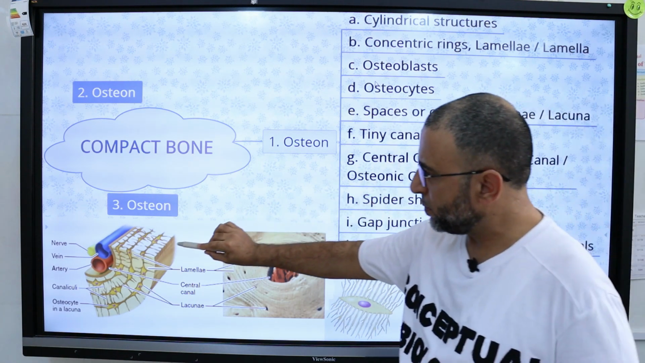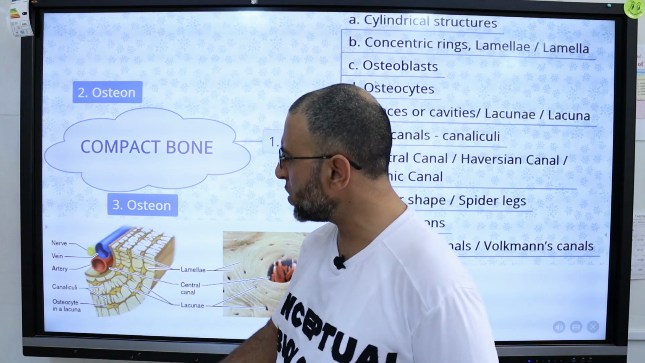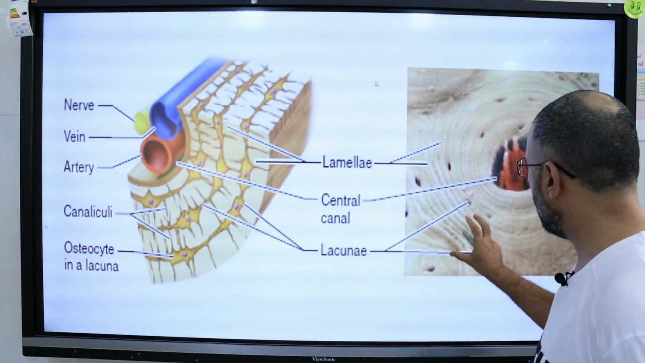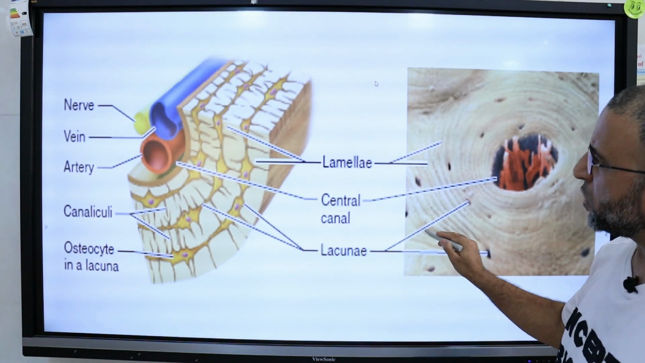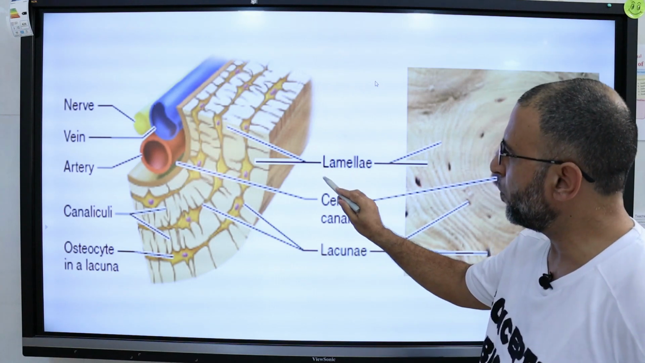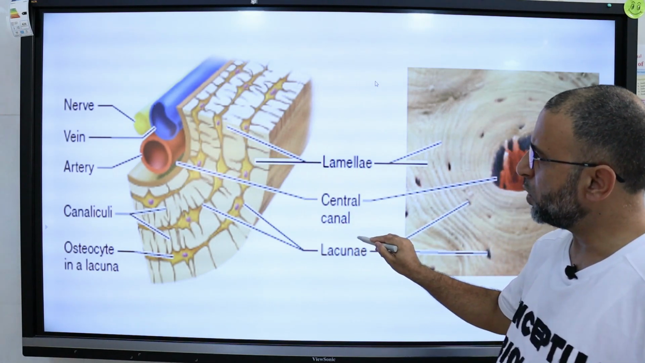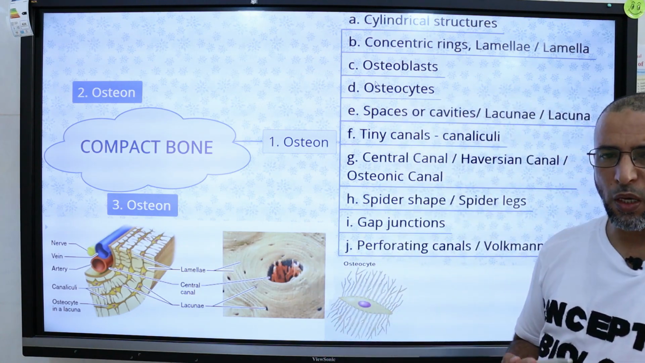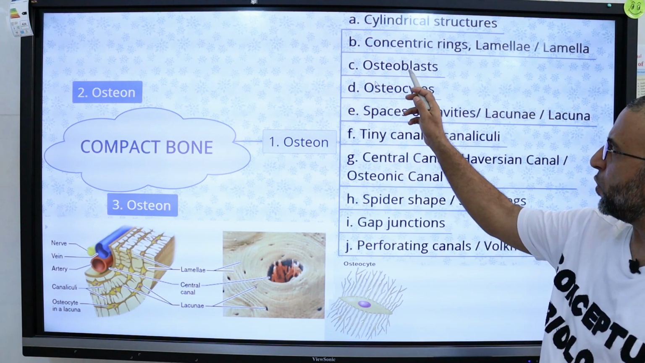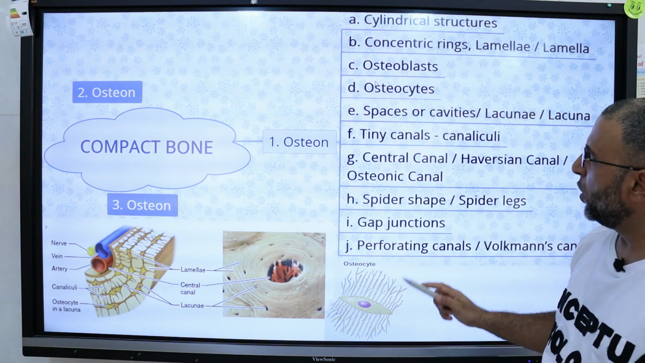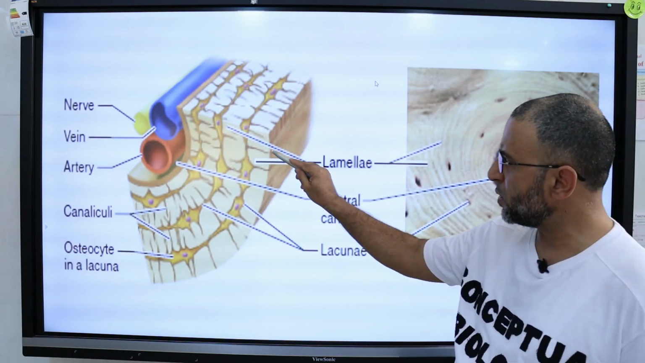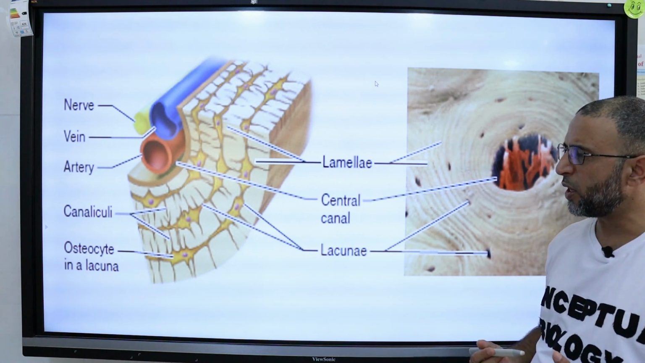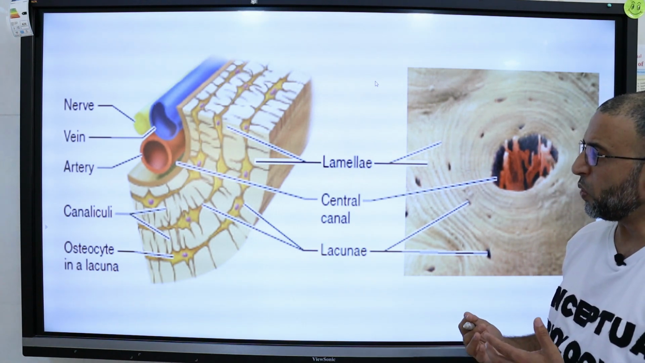Each osteon has many concentric rings, and these concentric rings are called lamellae. Lamella is singular, lamellae is plural. These concentric rings are produced by bone forming cells called osteoblasts. So, osteoblasts produce these lamellae, the concentric rings, and later on osteoblasts differentiate into osteocytes, which are